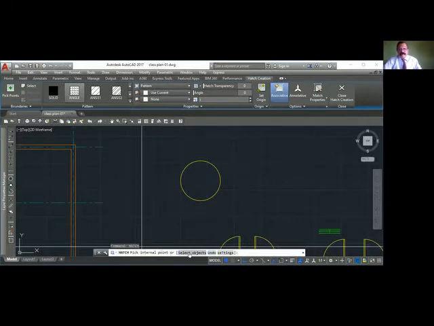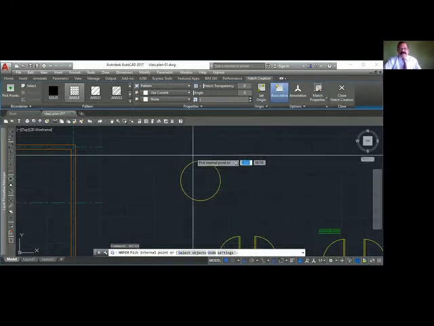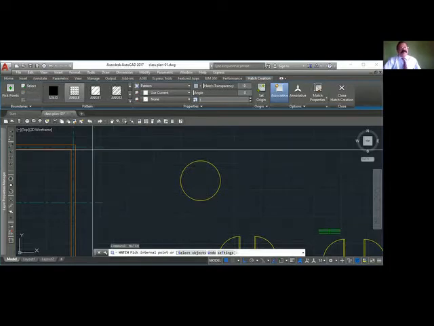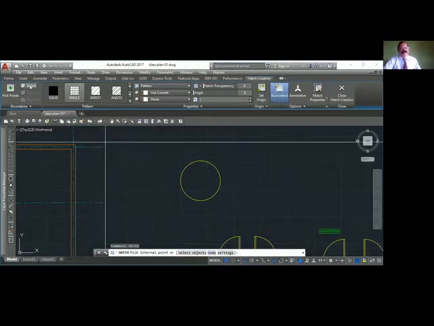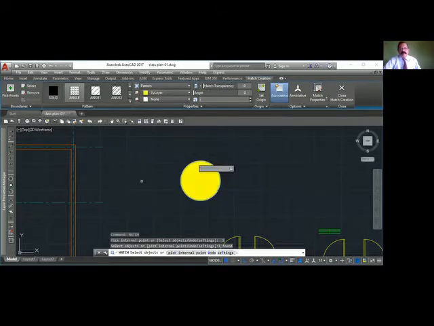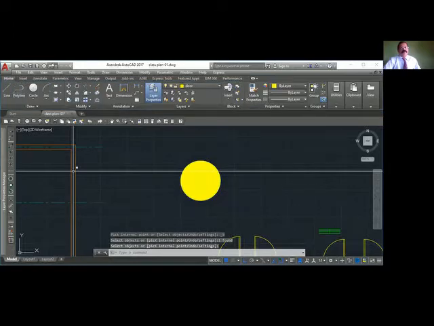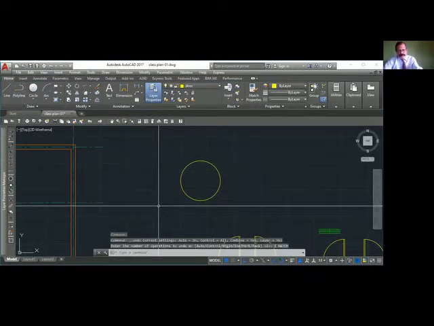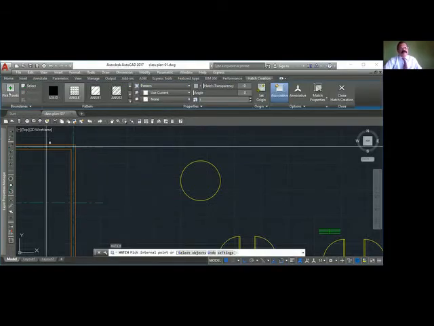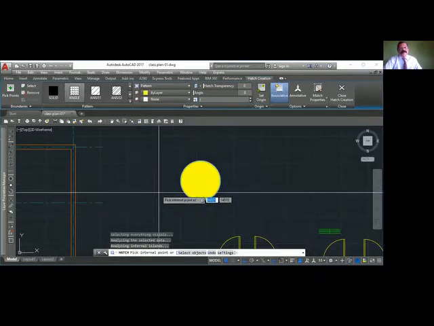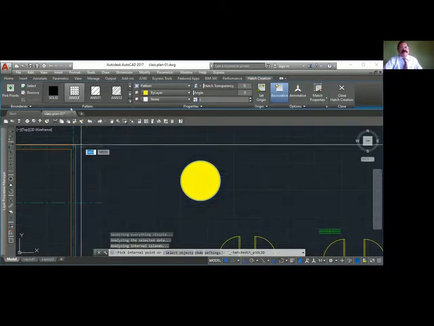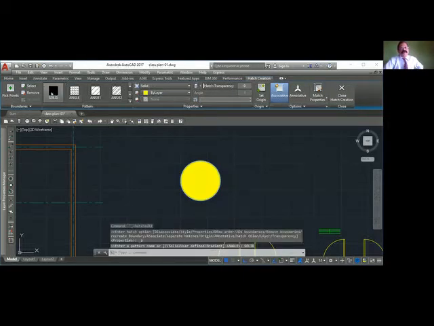pick internal point or select object. So this is my object. When I click hatch, automatically the screen changes to hatch commands. You see, so many are there. So you can select object like this, undo, or I can pick point also. Pick and show a point inside. Click. Now the default is selected. So this is your solid